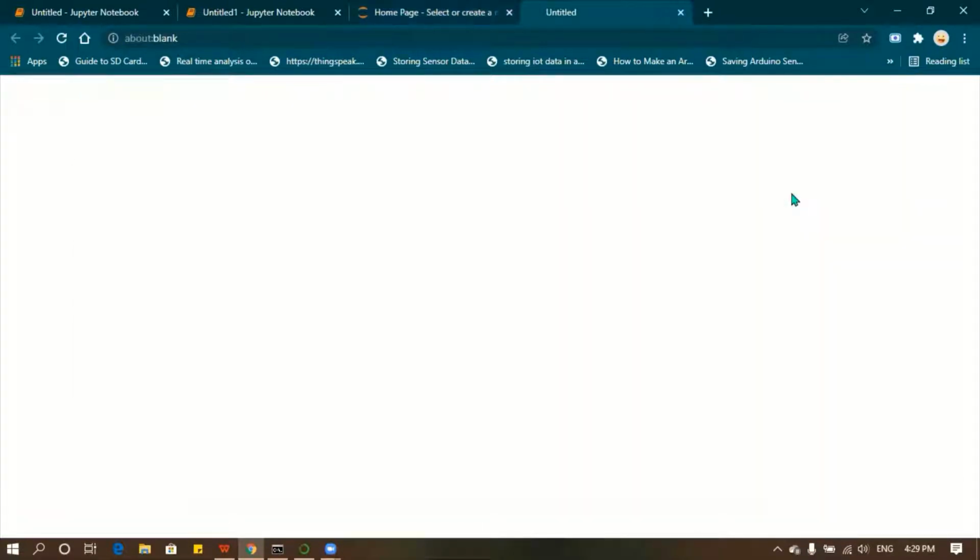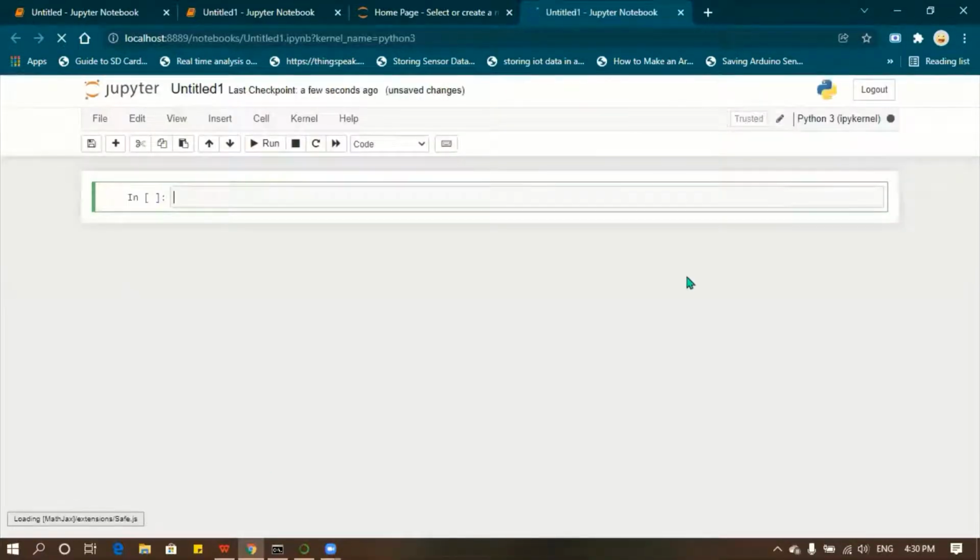You have to click Python 3. Then it will open your Jupyter notebook.